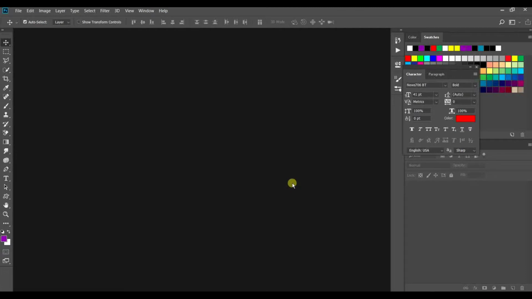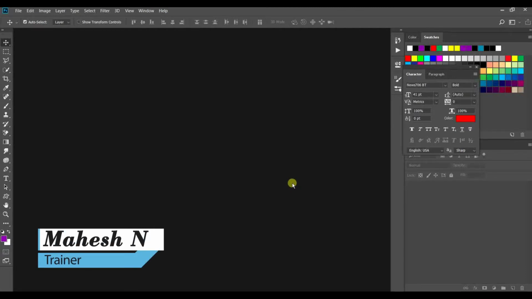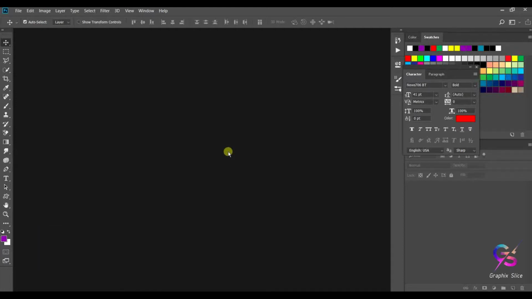So today we are going to discuss one more Photoshop tutorial, how to prepare a GIF. So what do you mean by GIF? GIF means the graphics interchange format. GIF is a bitmap image. GIF means animated images. I think you saw them on Facebook or in WhatsApp. Nowadays it's common, right? Animated wishes, all those things will be available in your WhatsApp and Facebook, right? Today we are going to create a GIF file.